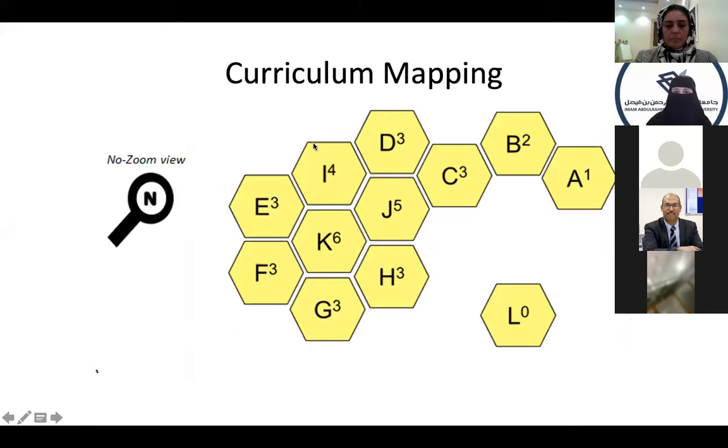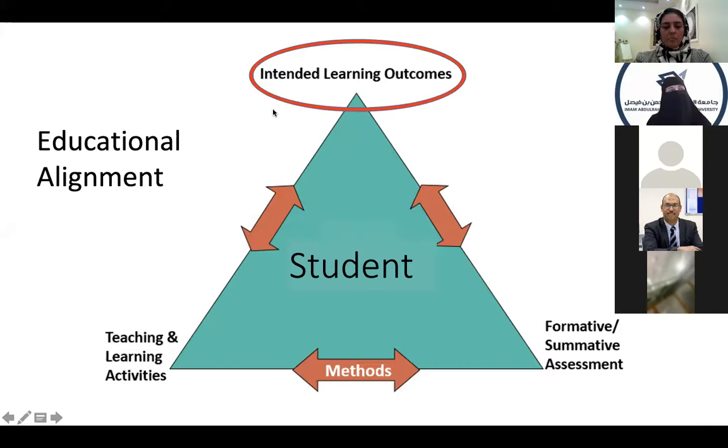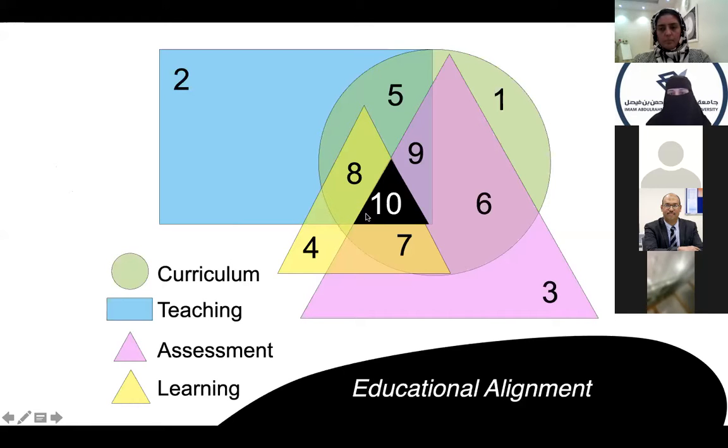Then there was an exercise about curriculum mapping. So the participants practiced how to do curriculum mapping for a unit first and then for a course. And we told them that this also applies for the whole curriculum. So this is handmade. They used to cut them and do all these things. An important concept that was discussed also is the educational alignment. So if you have an outcome, then you have to have a teaching method that matches that outcome. And you have to have an assessment method, whether formative or summative, that also measures exactly the outcome. We talked about this overlap and that the higher the area of overlap, which is where the curriculum, teaching, assessment, and learning meet, the better alignment you have and the better